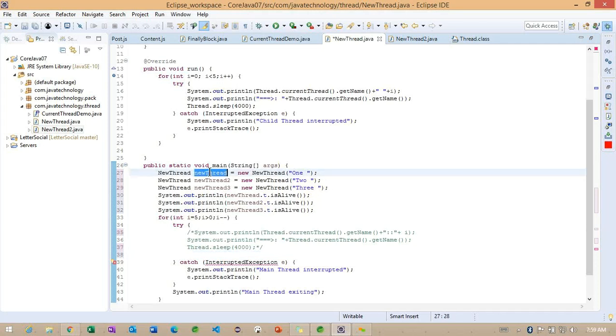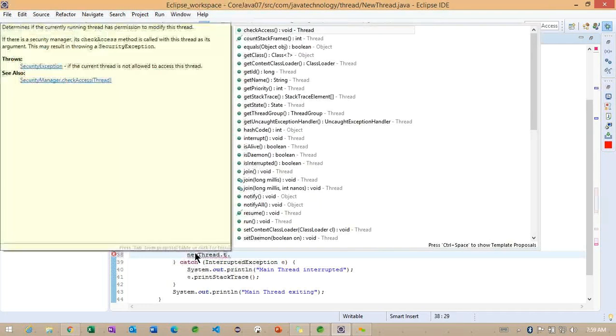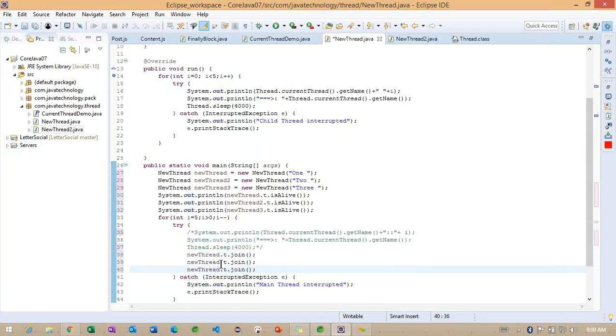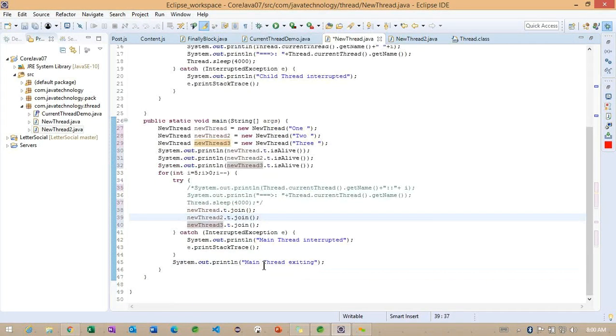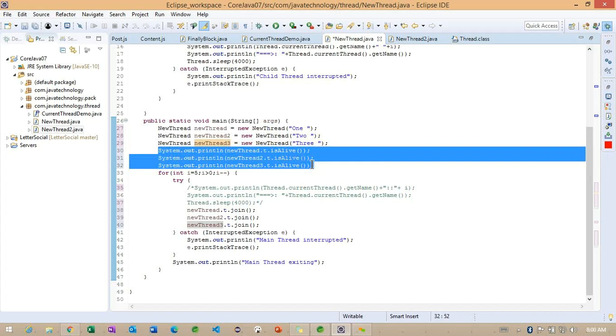And here, I'm going to call the t dot join method, t dot join method for the second and third as well. So what exactly am I doing here? Whatever three objects we created, internally the three threads are going to start, and we are checking initially whether these three threads are available or not.